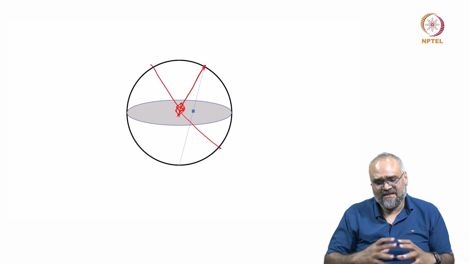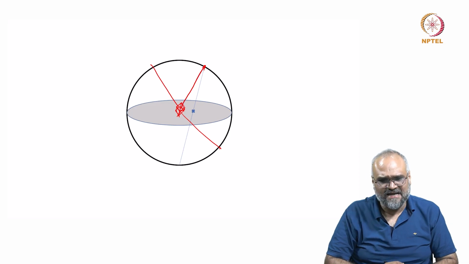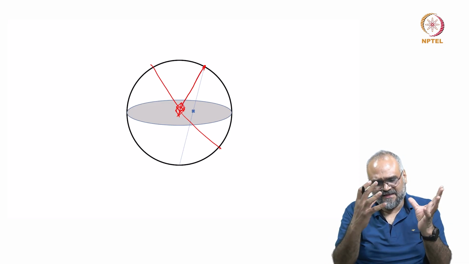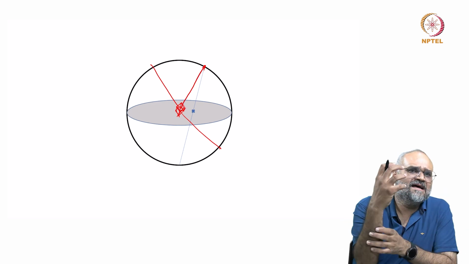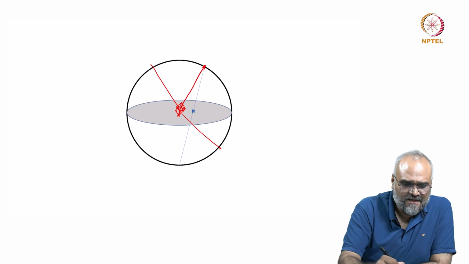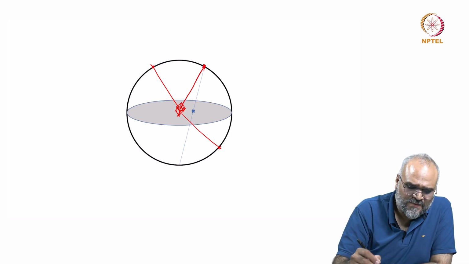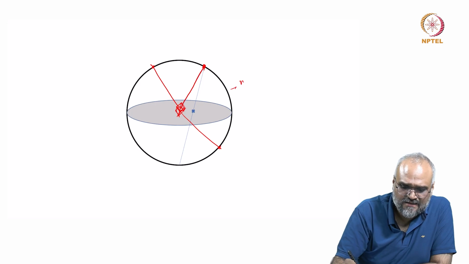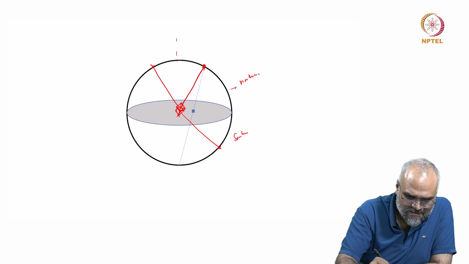So, when I have an imaginary sphere surrounding a unit cell, so suppose I have some kind of a simple cubic system or a simple orthorhombic kind of a system, I have the plane normals intersecting either in the northern hemisphere or in the southern hemisphere, and along the